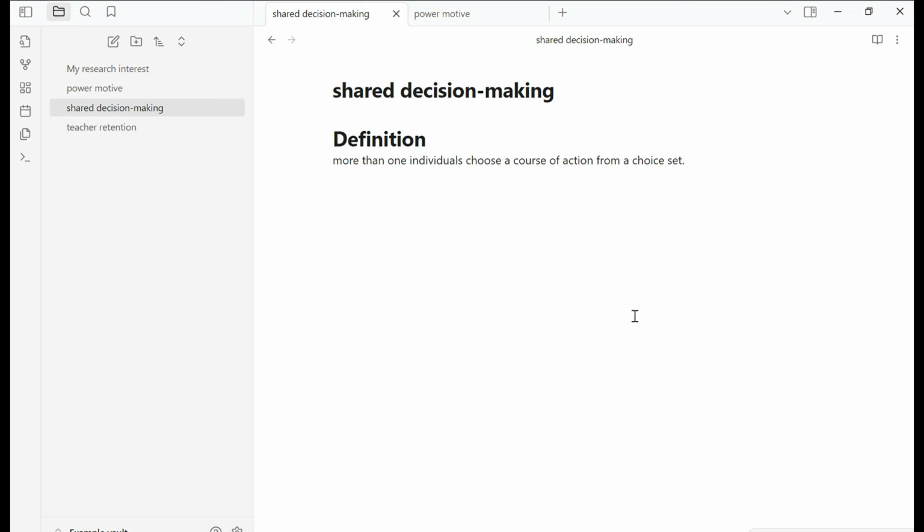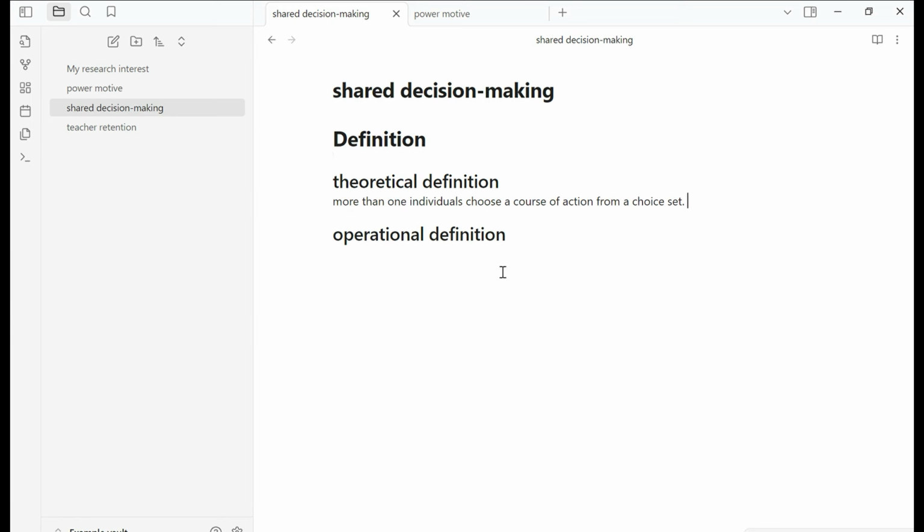Now that's definition. I want to create a second level heading. Then I use two pound keys. For example, I want to create theoretical definition. And I also want to create operational definitions. More than one individual chooses a course of action from a choice set. That's considered theoretical definition. And you can add the source, like how you write an academic article, for example,